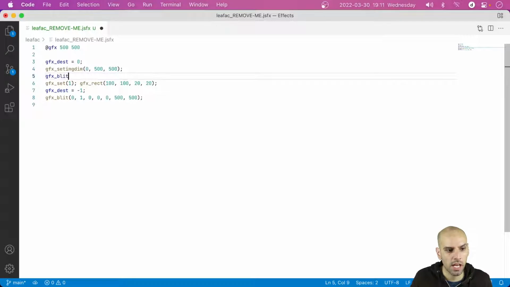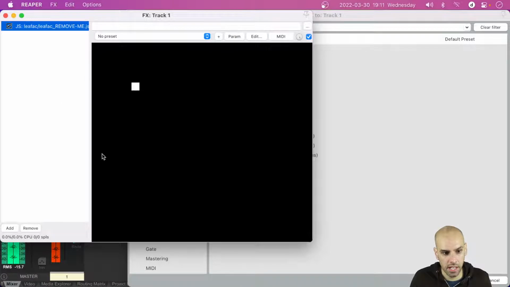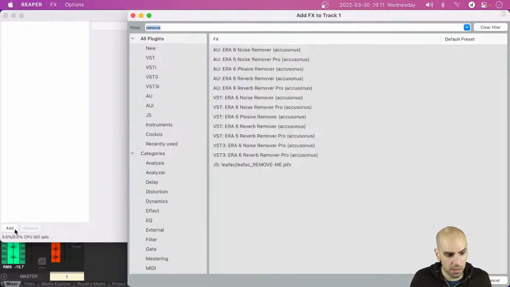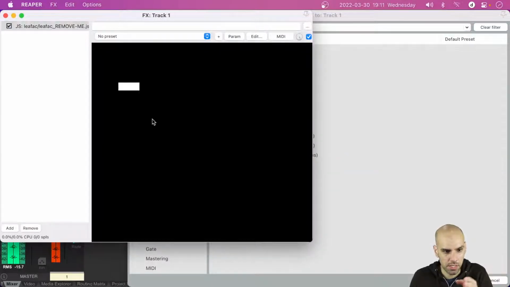Before I do that, I will bleed, and this is quite interesting, I will bleed the image onto itself, but I will bleed it with a scale of 1, rotation of 0. The x coordinate is going to be 1. The y coordinate is going to be 0. The width is going to be 499, and the height is going to be 500. The effect that this has is that it's going to bleed the image onto itself, removed 1 pixel to the left, which means that the square is going to keep going to the left, and we draw a new one